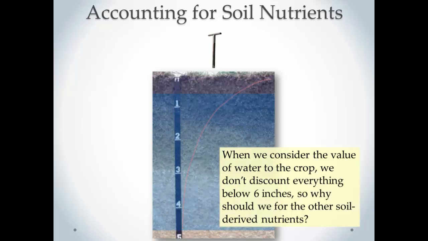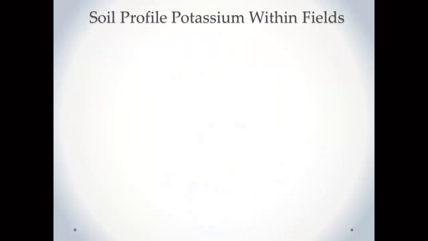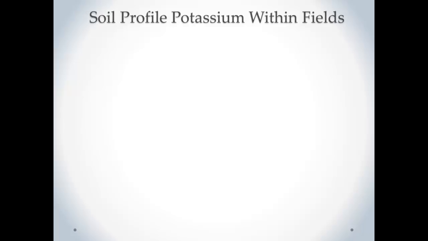Well, in fact, we know that crop roots go much deeper than that. So should we be considering those subsoil nutrients as a part of fertilizer recommendations? One of the things we've been able to do is to look at soil profile potassium, actually phosphorus too in some areas,